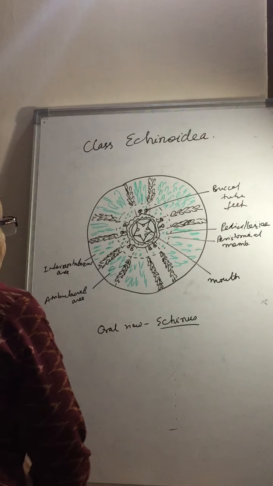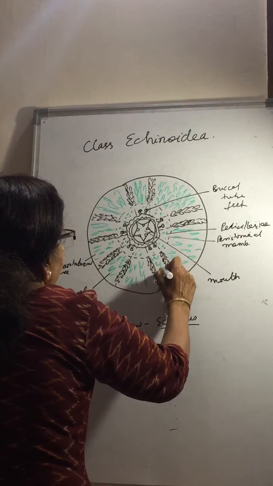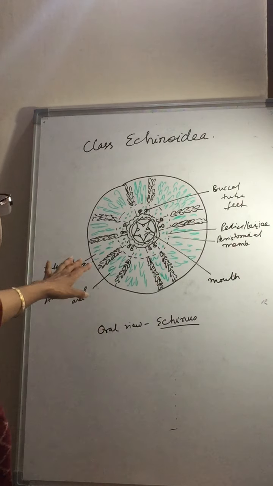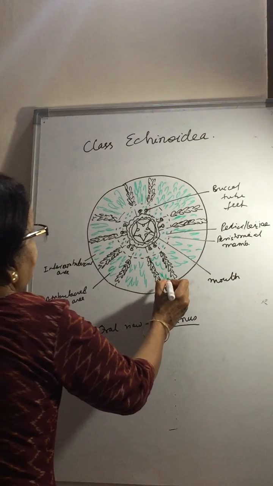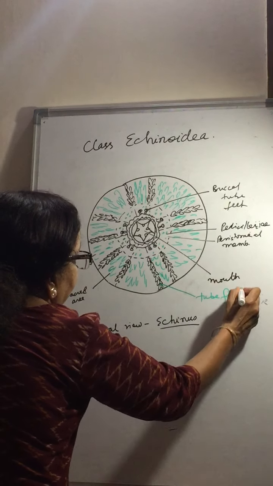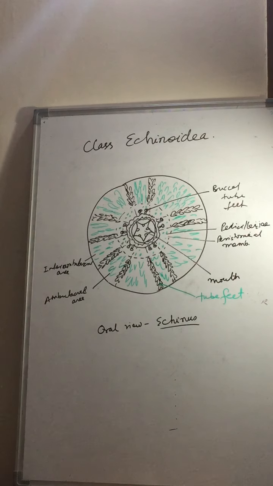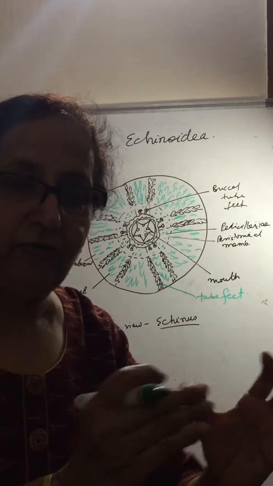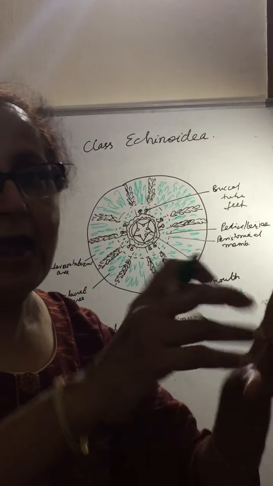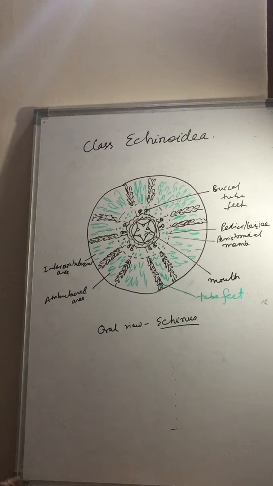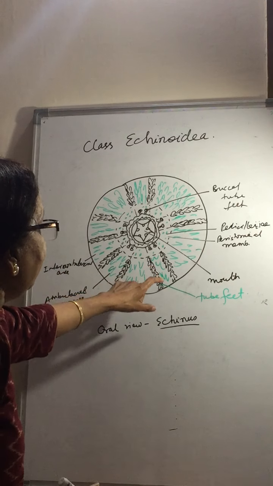So they bear the tube feet, and these are the spines again. Now these sections bear the tube feet. So these are the tube feet actually. And as I've told you, they start from the oral area, and since they are globular in form, they reach quite an area, and the aboral area is a small surface. So now these are the tube feet which are there.